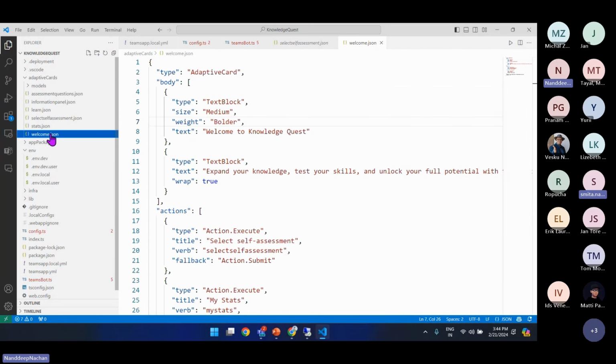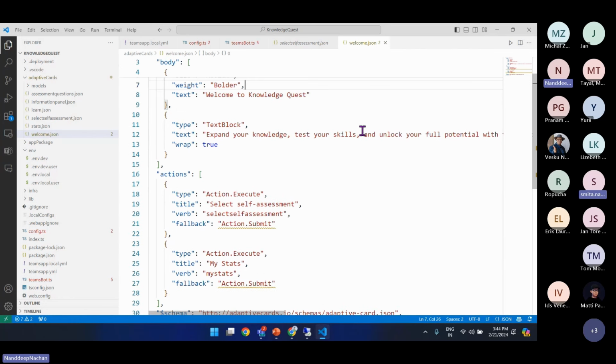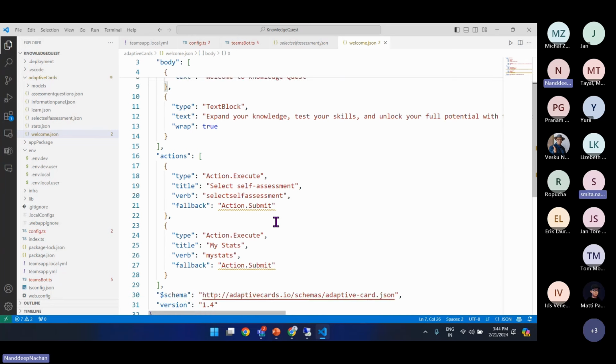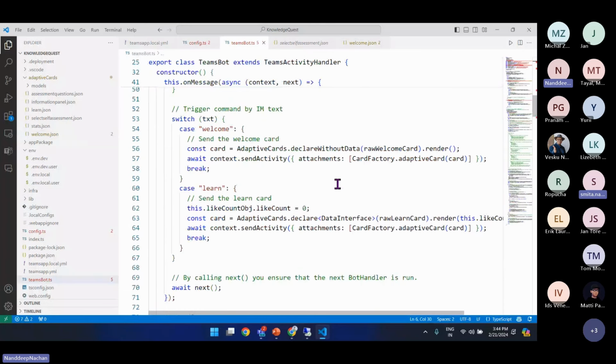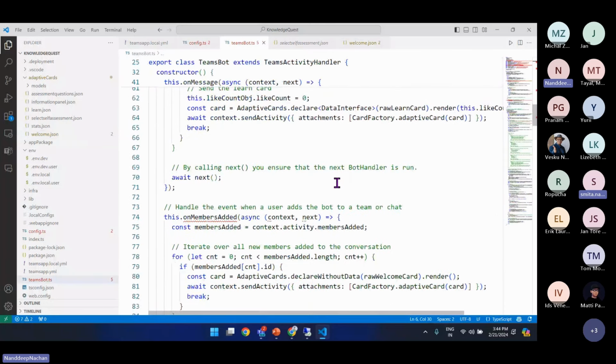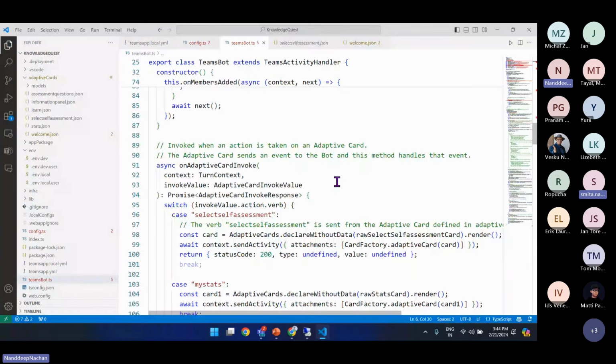Let me quickly show you the adaptive card. Everything is in JSON format. So this is how the adaptive card looks. In the adaptive card there is a verb, so we are associating that verb with the action. So it will be easy for our code to understand what exactly the action is that is taken by the end user. So over here we are just invoking when an action is taken on any of the adaptive cards,